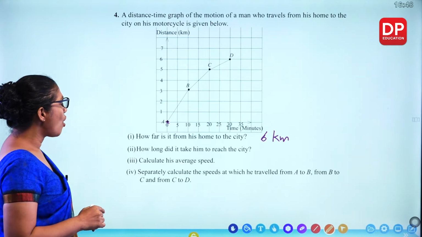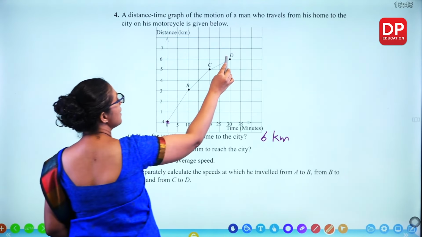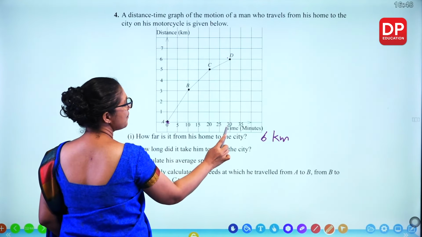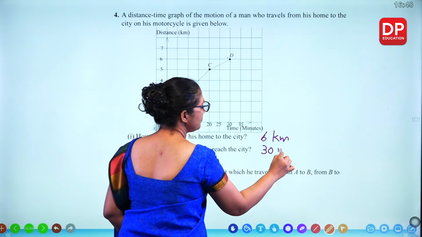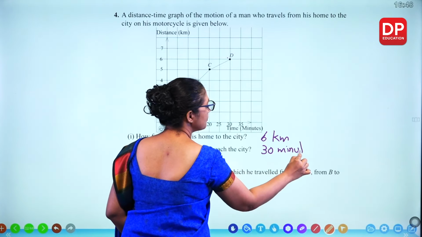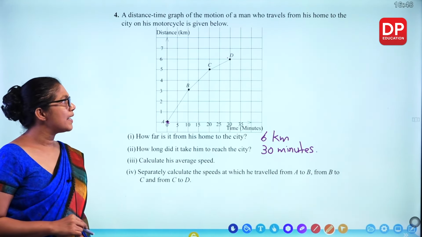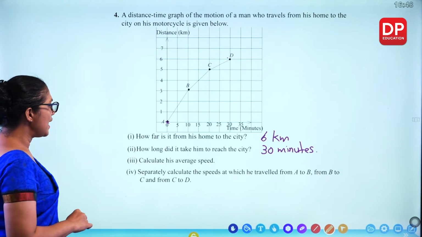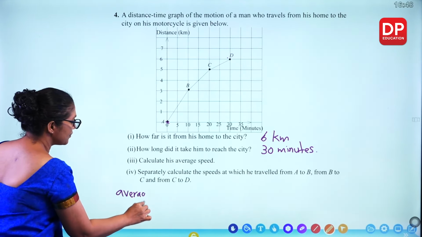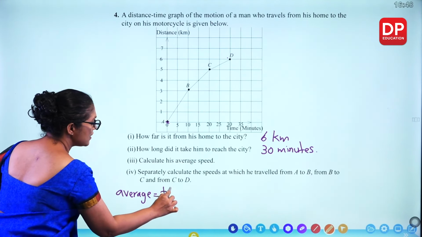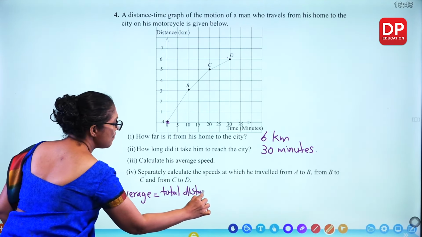Second part, how long did it take him to reach the city? Here to here. What's the time taken? 30 minutes. Calculate his average speed. So what's the average speed? Average speed is the total distance travelled divided by time